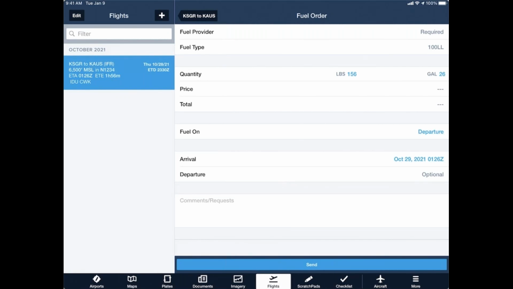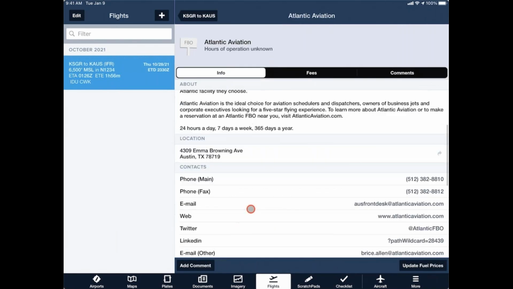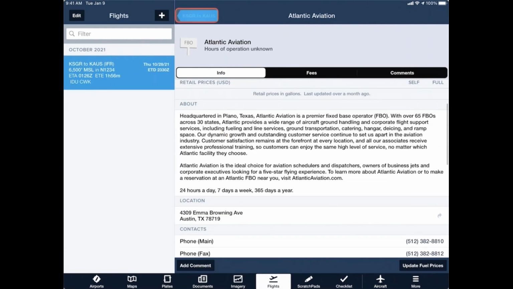We can put in a fuel order. Okay, we can put in a fuel order. You can put in a fuel order from there. Put it back. But this also gives you the air to ground frequency. You can make a call. If you're looking at this page on your cell phone, you can click there. It gives you directions. You can email. It'll also give you information about the FBO. So it's helpful there. The next part down,